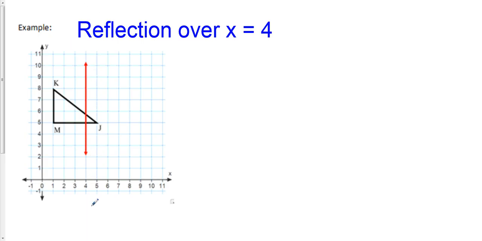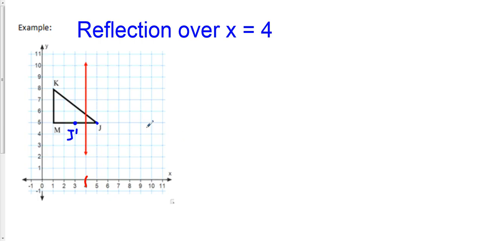So for our example, we would call this a reflection over the line x equals 4, because this red line goes vertically right here, crosses at 4, so this line is x equals 4. Now if we were going to reflect all of these points, J being right here at (5, 5), as we reflect it over, it has to go perpendicular to this red line, and it's one space away, so we would put J prime right here